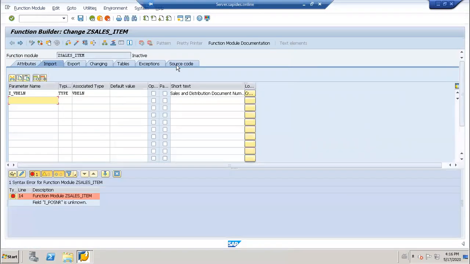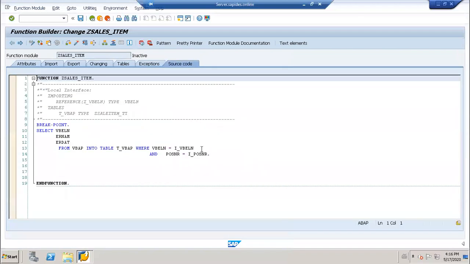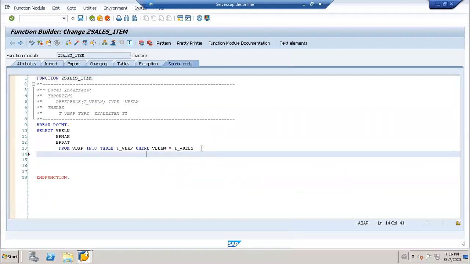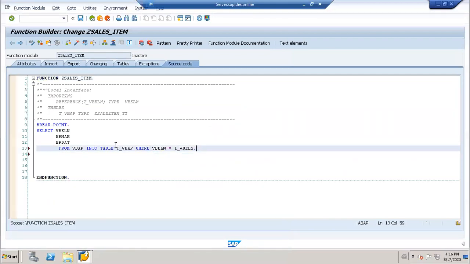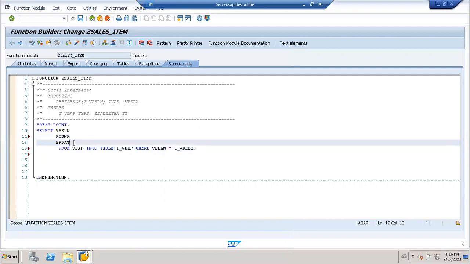Edit. In the source code, I will remove that. Source code, remove this. And here, change this value. This is PARTNER, I took PARTNER. This one is MATNR.